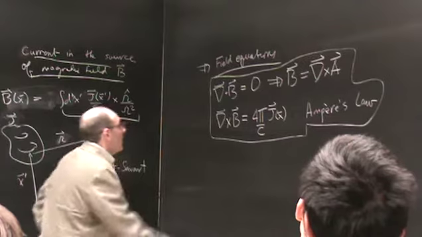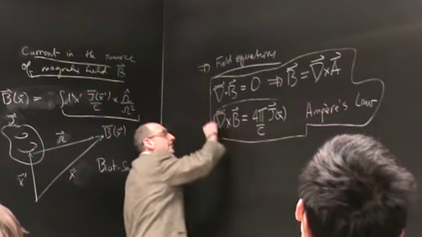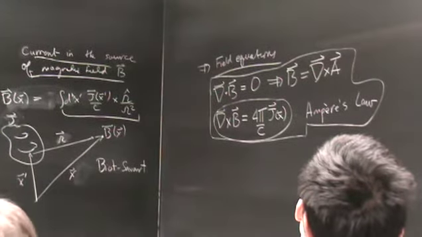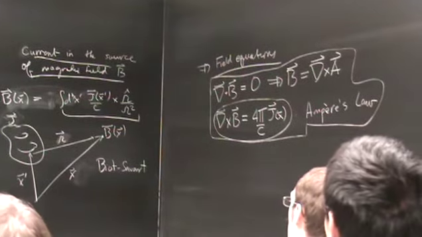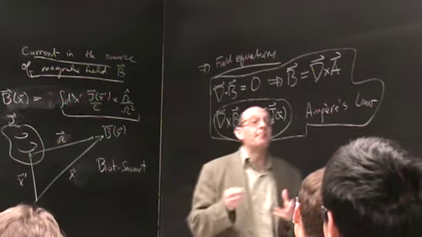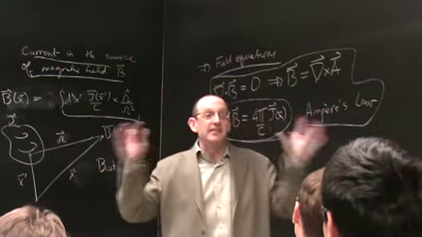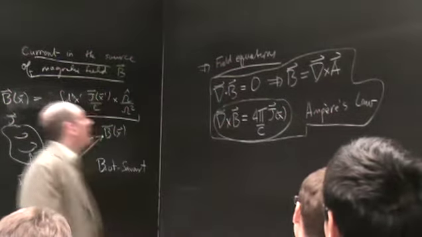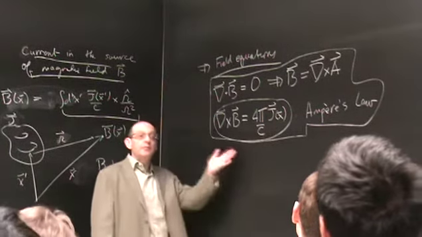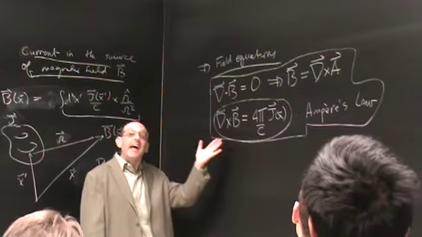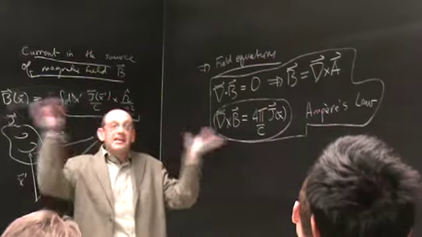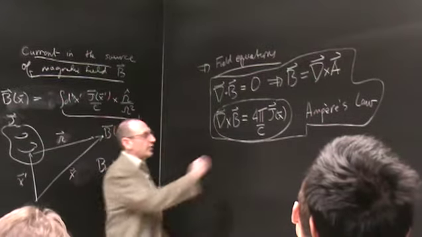So, as in electrostatics, when we have situations that are of high symmetry, we were able to just use Gauss's law to very quickly determine what the electric field is. Analogously, if we have the high symmetry, you know from freshman E&M that you can determine the magnetic field instantaneously using the integral form